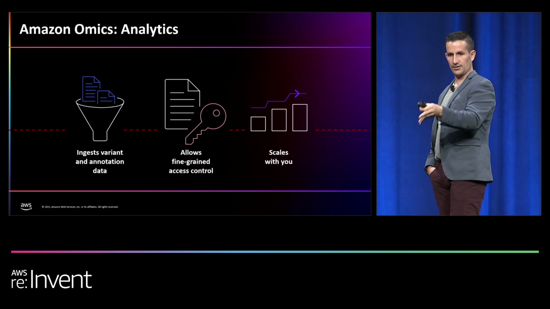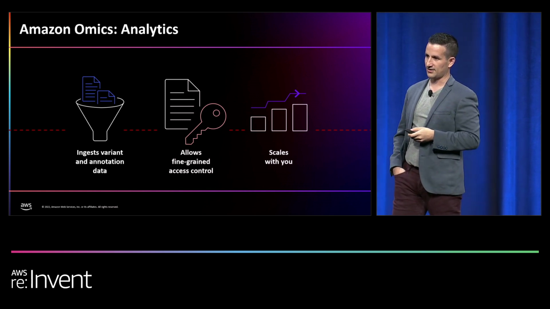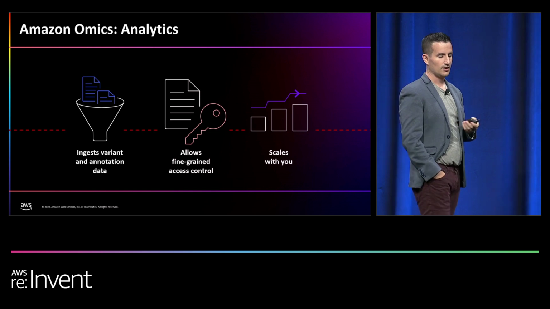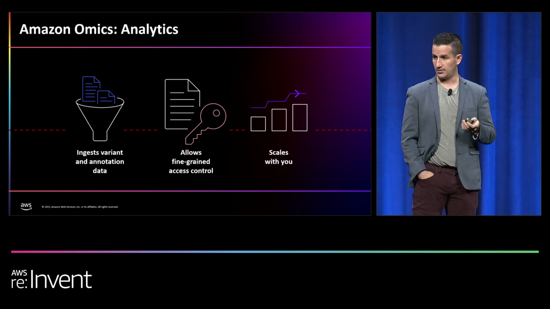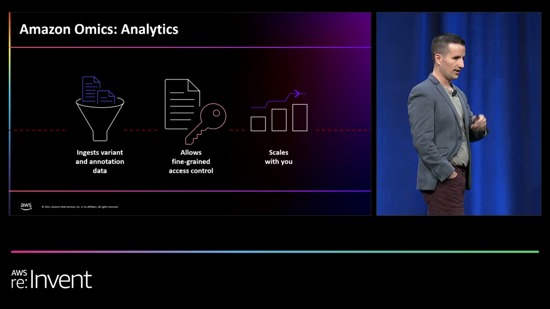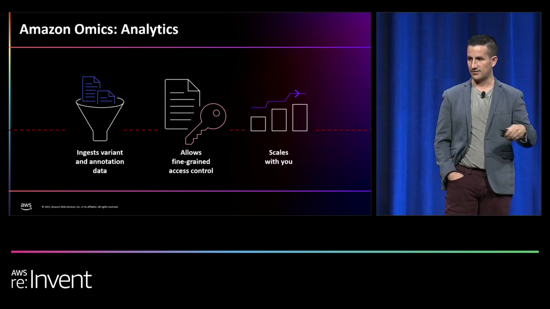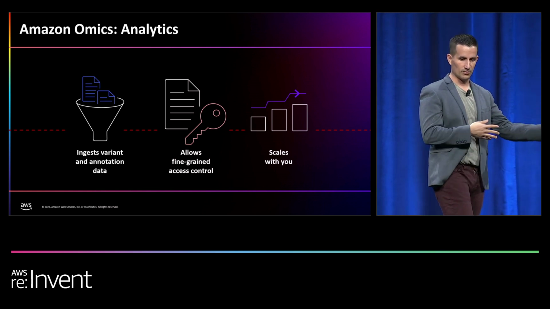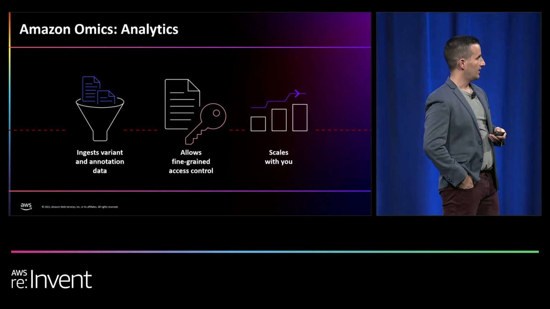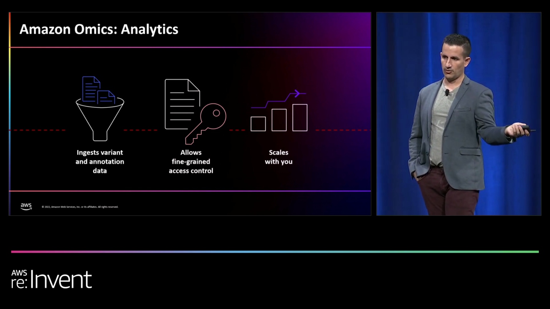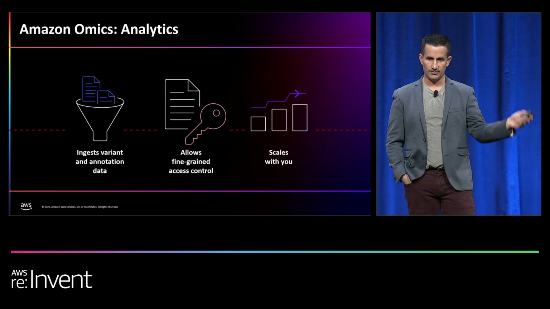We import it, it goes in, it uses AWS best practices for data management and governance, meaning you can govern fine-grained access control through AWS Lake Formation. It scales with you. You import more data, it just scales, it automatically updates. Everything's versioned, so you can see what imports map to, what samples were put in, et cetera. And so it's really just designed to completely decouple the imports from your actual analysis and really just getting you